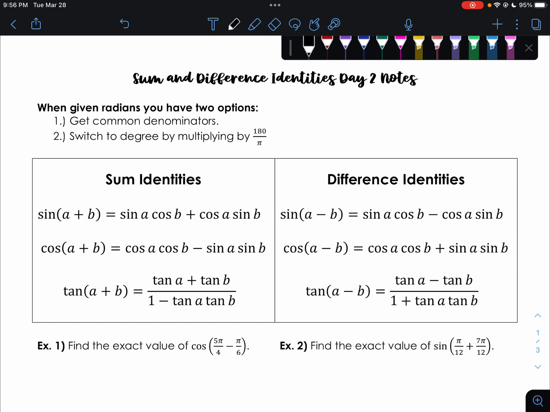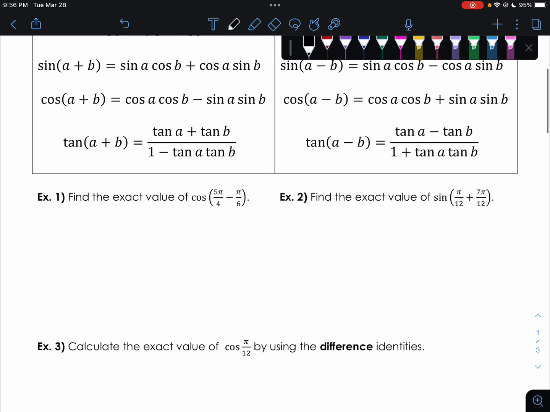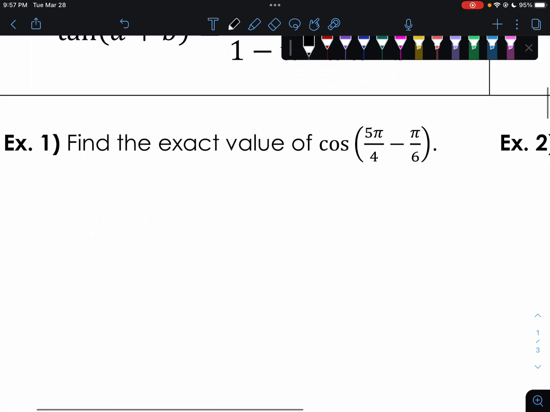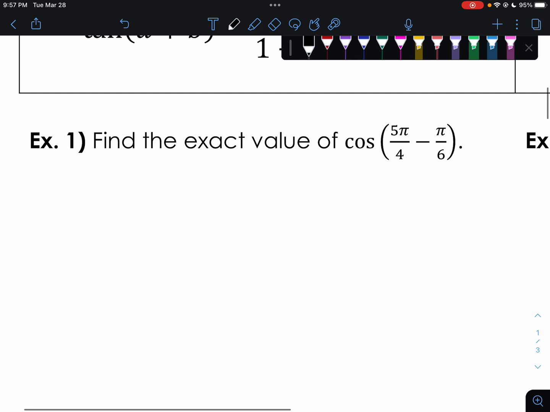The focus of this video is going to be number 1, but I will show you what number 2 looks like as well in one of the examples. So again, we have our sum and our difference identities. So let's look at example number 1. Example number 1, we want to find the exact value of cosine of 5 pi over 4 minus pi over